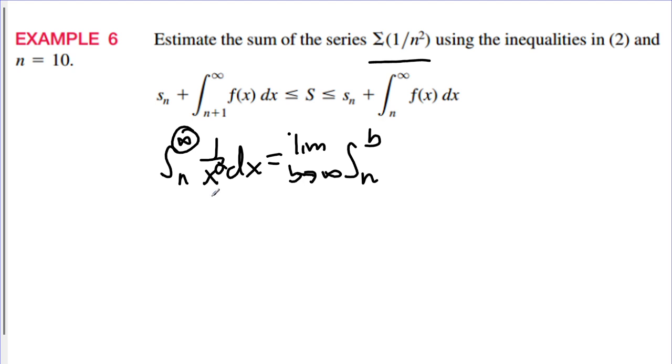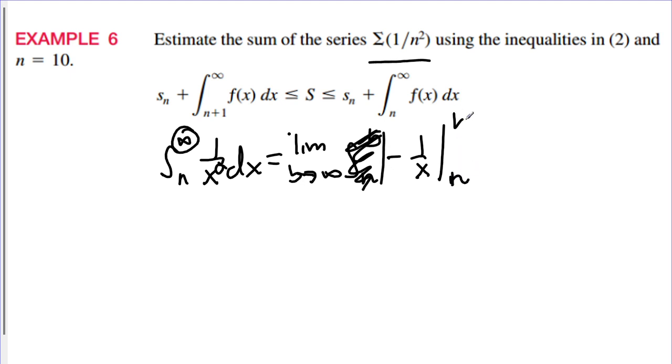Then we can evaluate the integral of 1 over x squared. Remember, that's x to the negative second. We're going to add 1, so that's x to the negative first, which is 1 over x. But then we need to divide by negative 1, which makes this negative. And I messed up. So we're evaluating that